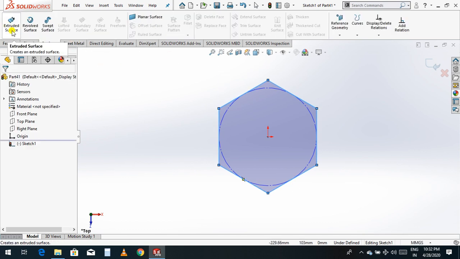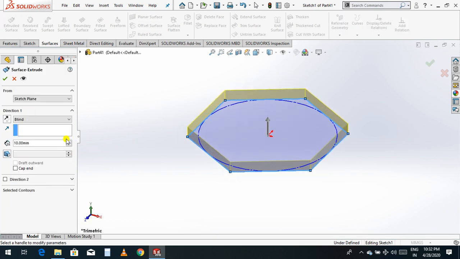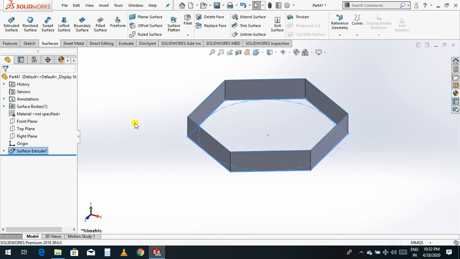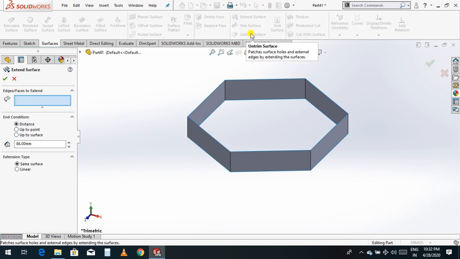Go to extrude surface and extrude up to 20. Okay. Now I want to extend this surface upside or downside, all the edges, all the faces, all the edges of the face. So just go to extend surface,